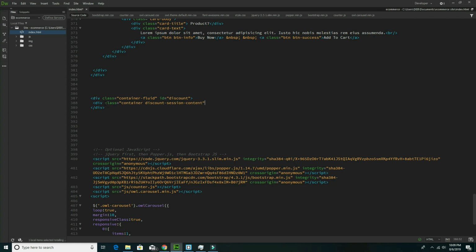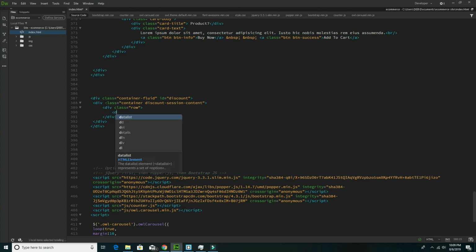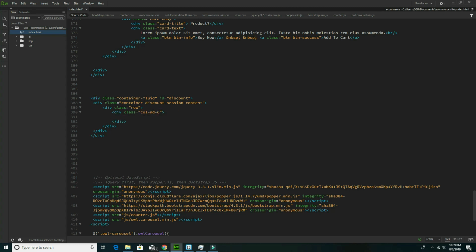Okay, let's close it, take a row, now split this equally into two parts. So div class will be col-md-6, close it. In between take an h1 tag, class will be text-light